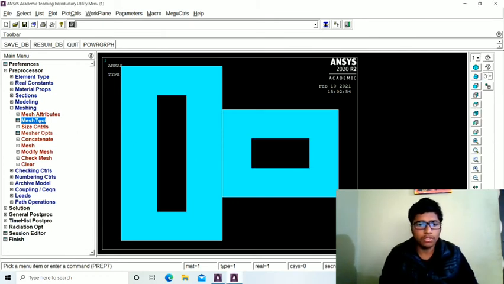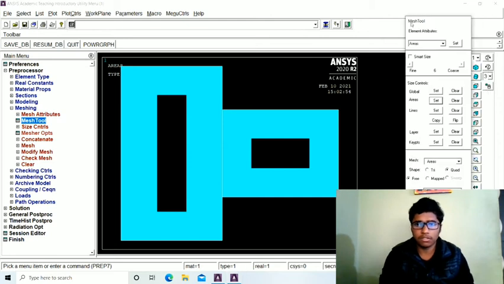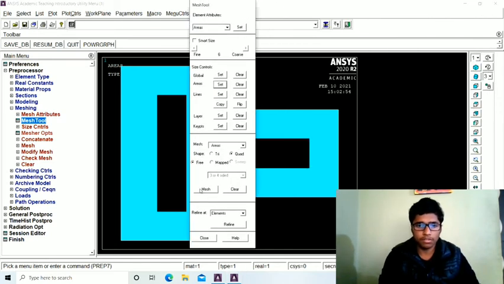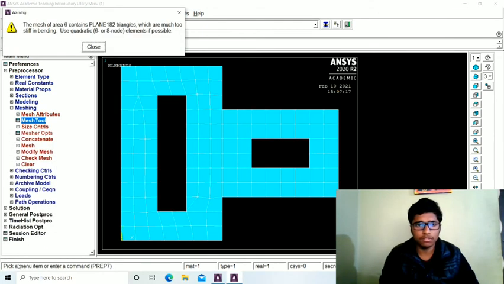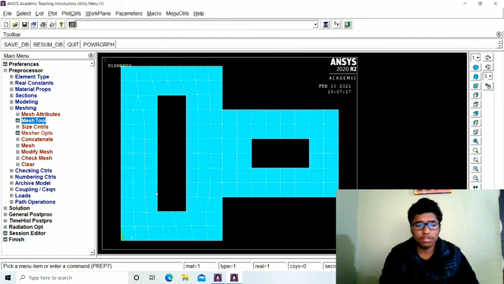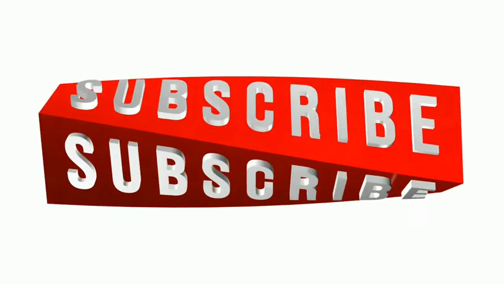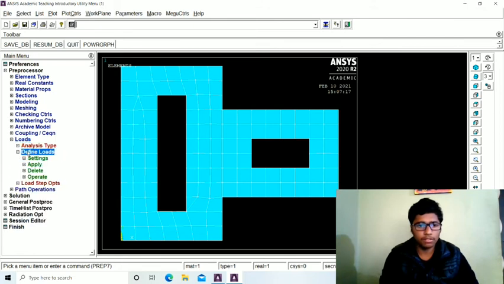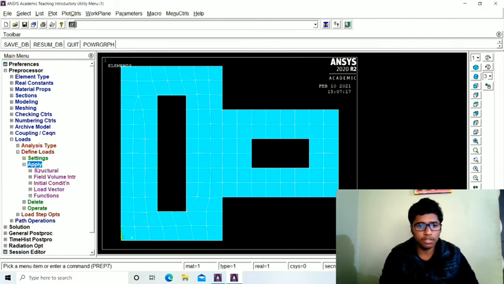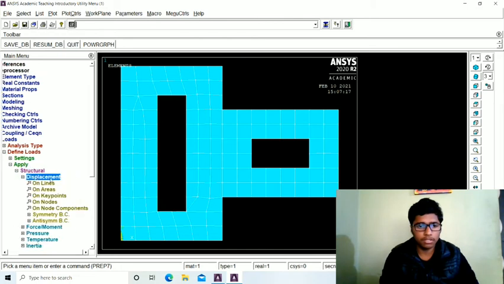Now again go to the mesh tool, then go to the final mesh, then click on pick all. So meshing is done. Now go to the loads, then define loads, then apply, then structure, then displacement,